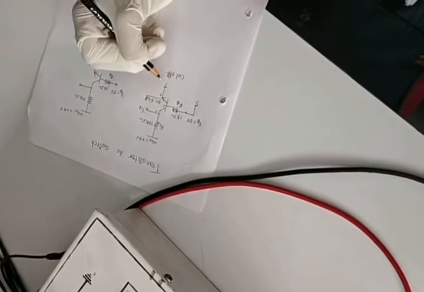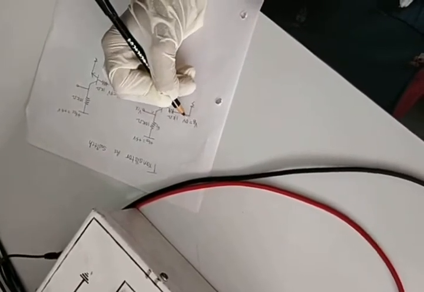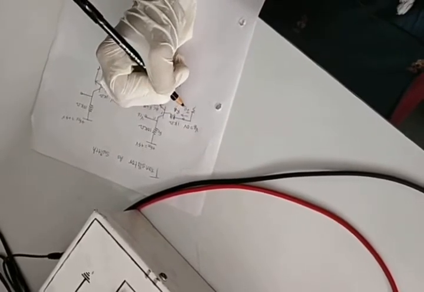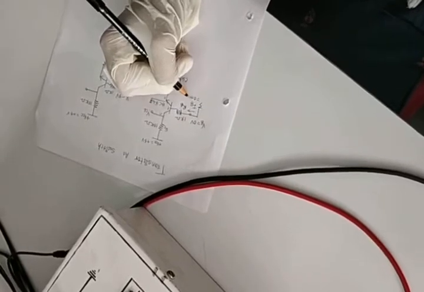Okay, now in the first circuit you can observe that we have given VB equal to 0. That means we have connected the base terminal of the transistor to the ground potential, which indicates that VB voltage is 0 volts. Now we all know that whenever the voltage applied to VB is 0, the current flowing through it will also be 0. So I can say that my IB is also 0 milliamperes.